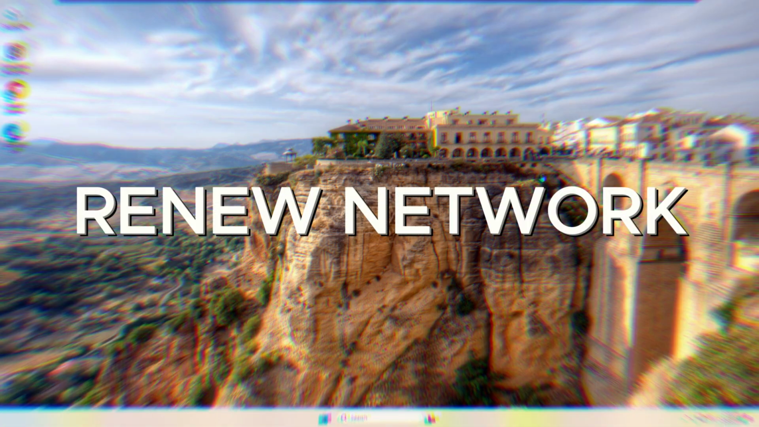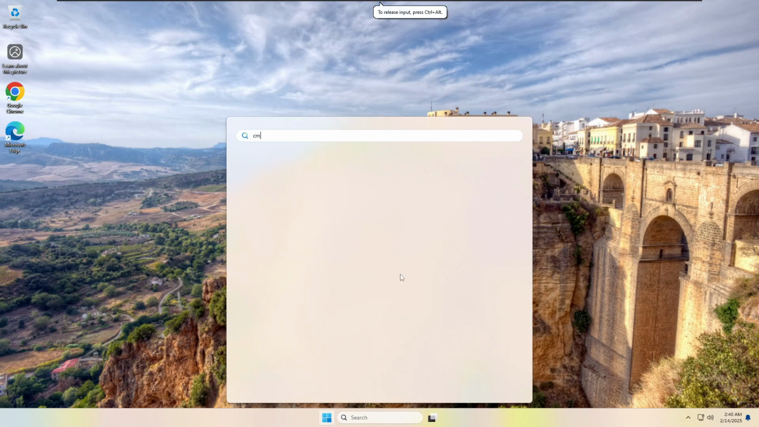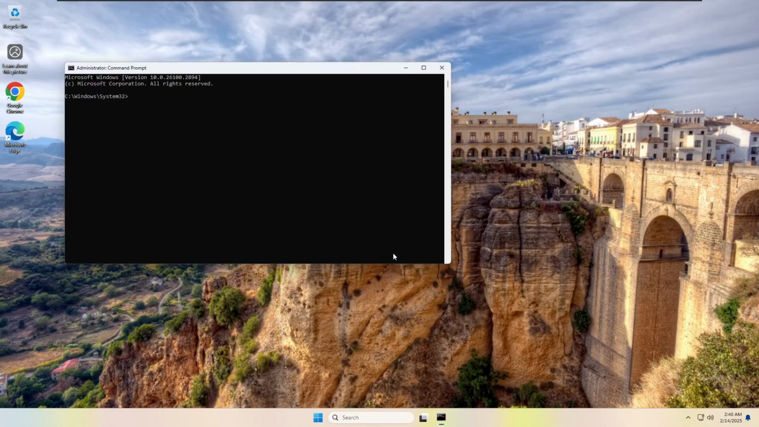Next, flush and renew network configuration. If restarting didn't do the trick, let's move on to resetting your IP and DNS settings. Open the command prompt as administrator and type the following commands one by one. First, release your current IP, ipconfig /release, then renew it,